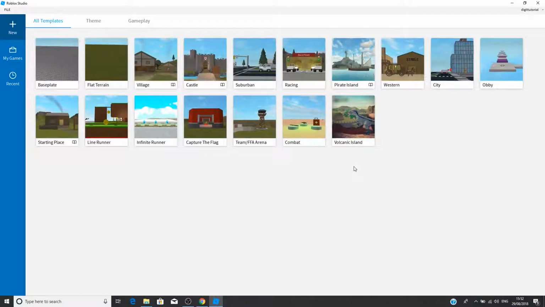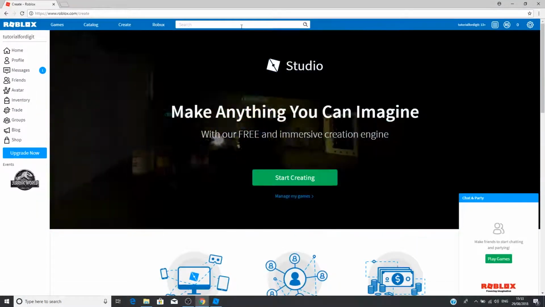So it may ask you to log in. If it does, just log in under the same credentials you just created. And here we have the option to create our own world. So we get some basic templates like flat terrain, or we have some prefabricated worlds here. Now what we want to do is we want to head back over to Chrome,